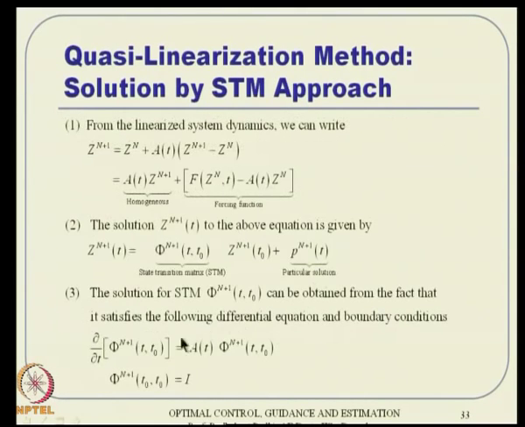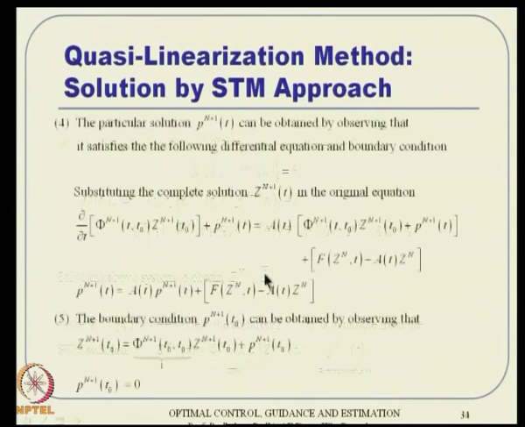Now, what is happening here is this equation gets satisfied, the state transition matrix will satisfy this equation anyway. So, the first term will get cancelled out actually. So, you are left with this term on the left hand side, where the right hand side will contain this one into that one here, and this one into the entire thing here actually. Sorry, this is only for that. So, this one into this one which is coming here, plus this one. Okay.